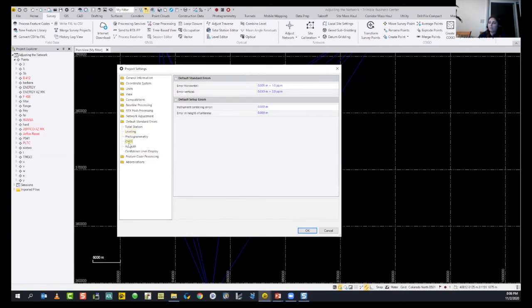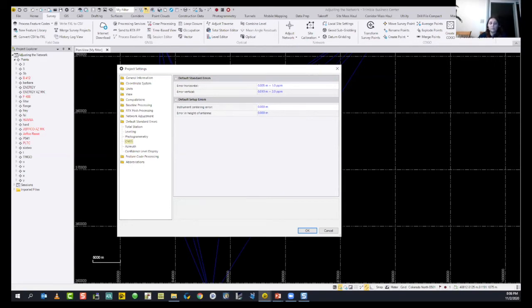And the last part is the standard errors for our GNSS shots, GPS points. So I see the error on horizontal and vertical. There's also instrument centering error. You know, our pole can be moved a little bit, or there might be some errors on the height of the antenna. Depending on the receiver, some of them have the antenna internal, and some of them we just use on the pole.